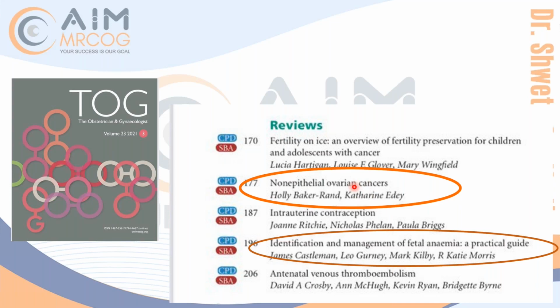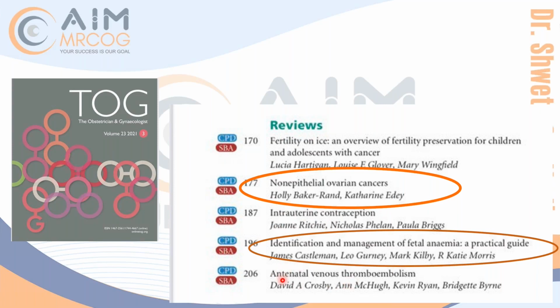You get everything in one place and you know the source is right. So be happy about a new TOG because a new TOG makes your concept more clear. It is a supplement to your GTG and NICE reading. It is not a headache, believe me. It really gives you a more clear-cut idea, and it's important from the exam point of view because the SBAs will come from the recent TOG. So read this one. This one you just have to give a read and note down your points. And this one needs no reading because all the things you have covered in FSRH are here, nothing new.